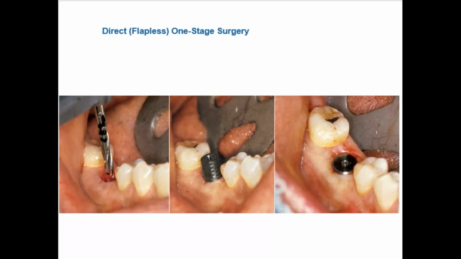The primary disadvantage of the direct approach is the inability to assess the bone volume before or during the implant osteotomy or insertion. Therefore, this technique should only be used when the bone width is abundant, more than 8